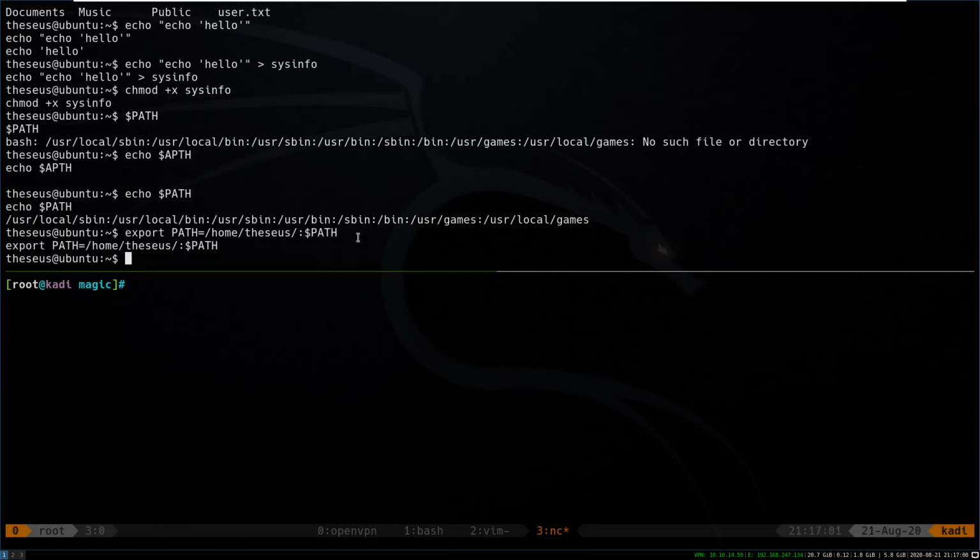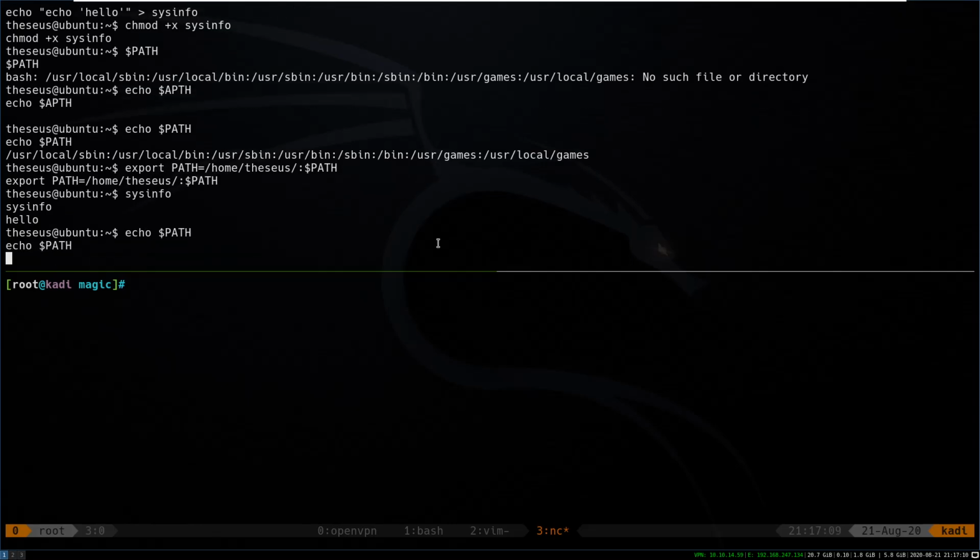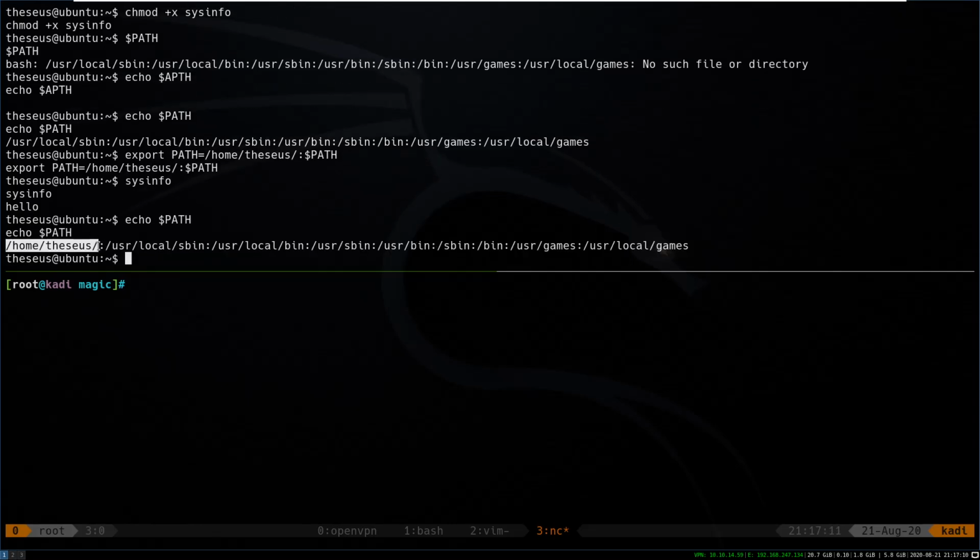Now when I run sysinfo, it runs that echo hello. And the reason is because it looks here first. So because it's calling from a relative path, that's bad. Because we could do something like this. We could echo /bin/bash into free